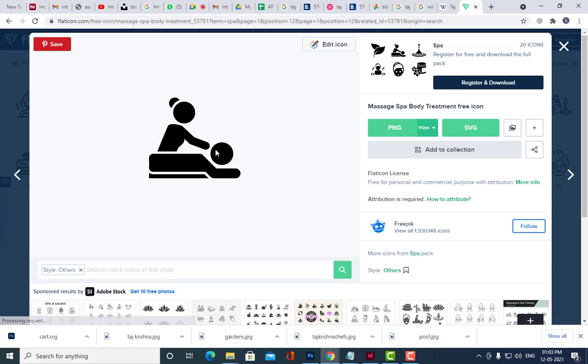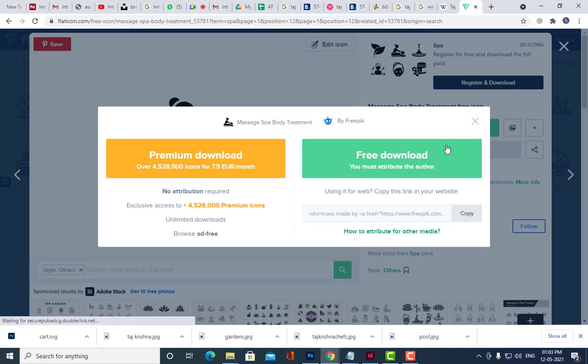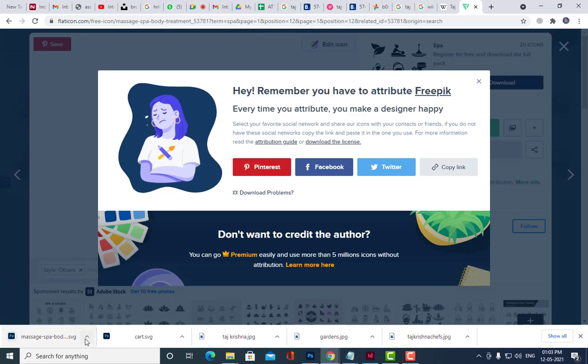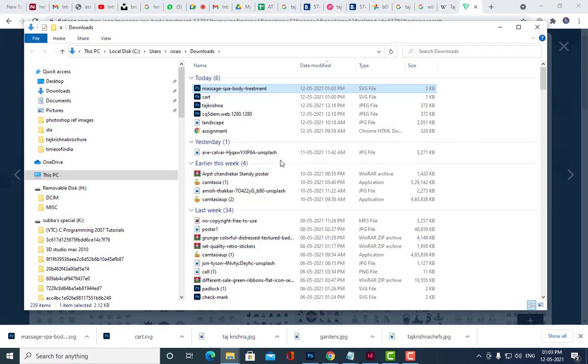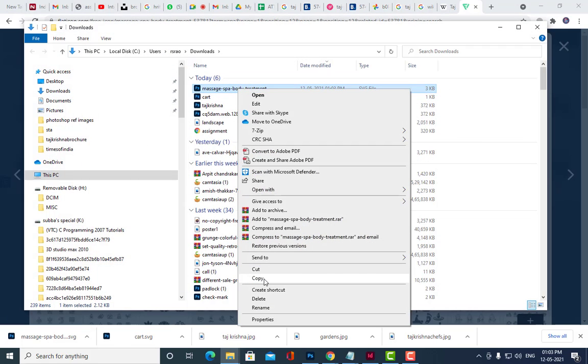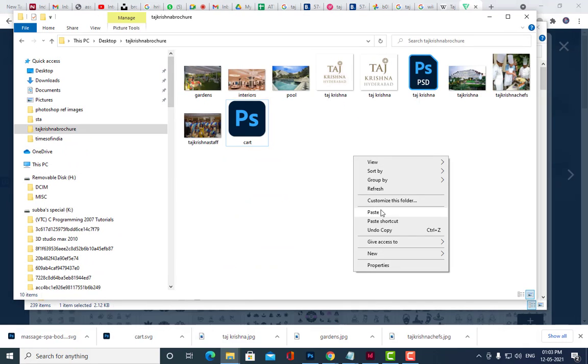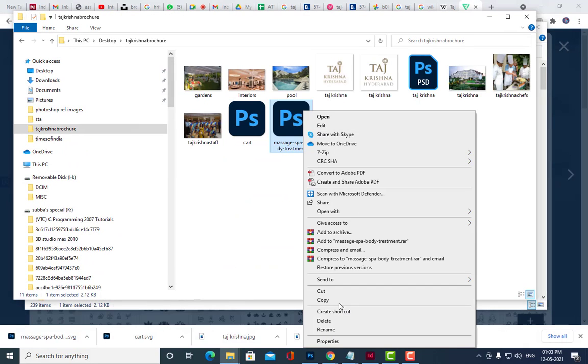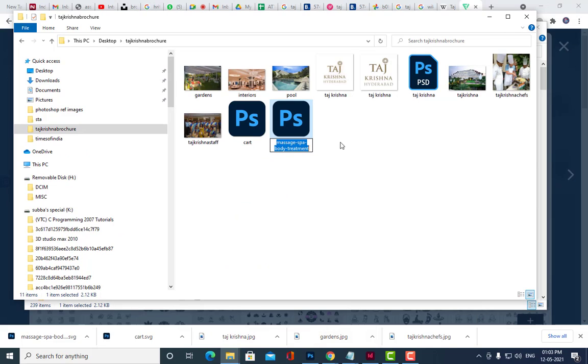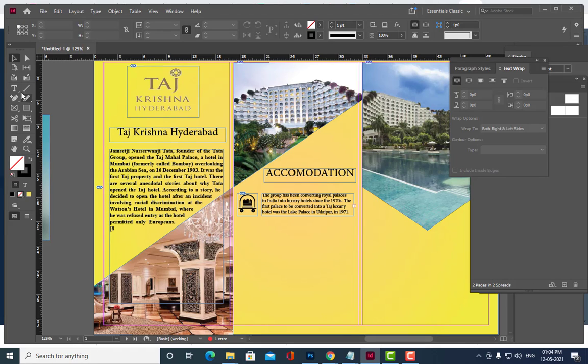So I am downloading this icon, it's nice. See, everybody is listening or not? Yes, sir. Right. Okay, so I am going to just copy this. We'll just select the spa, and then we will keep this spa below this.